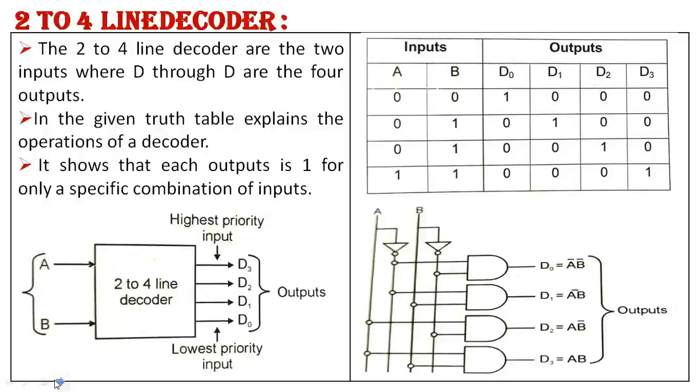So there are 2 inputs A and B and their corresponding 4 outputs D0, D1, D2, D3. As the inputs change from 0 0 to 1 1, the corresponding outputs are D0, D1, D2, D3. The decoder is represented by 4 different equations using A and not A, and their corresponding logical